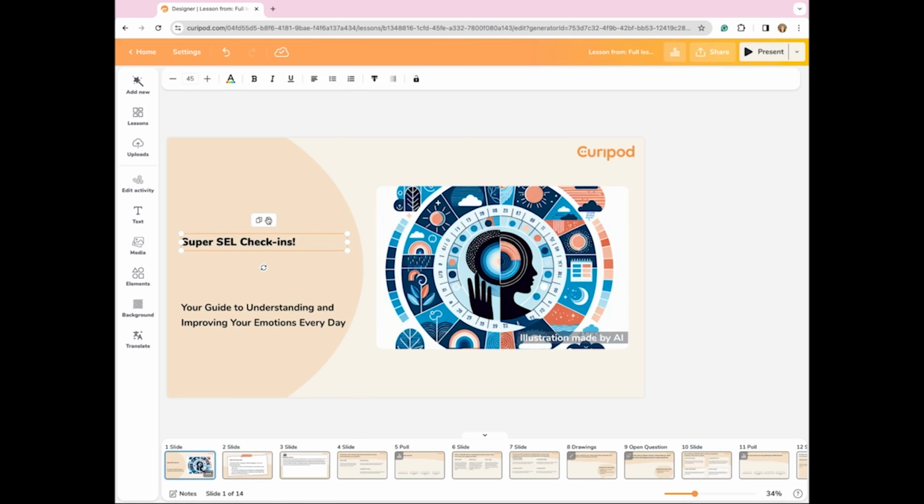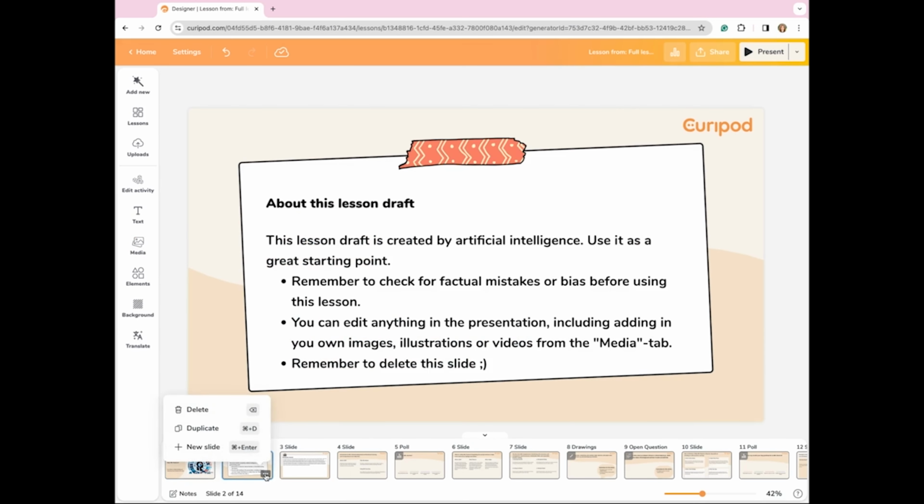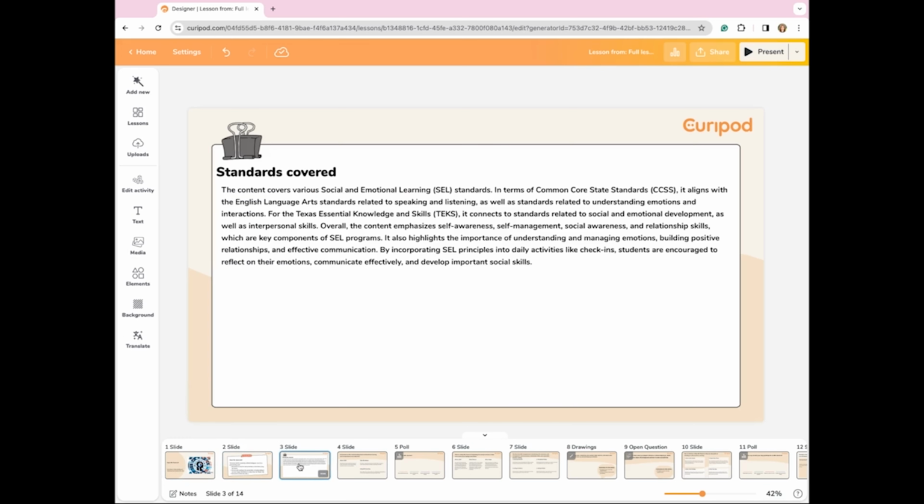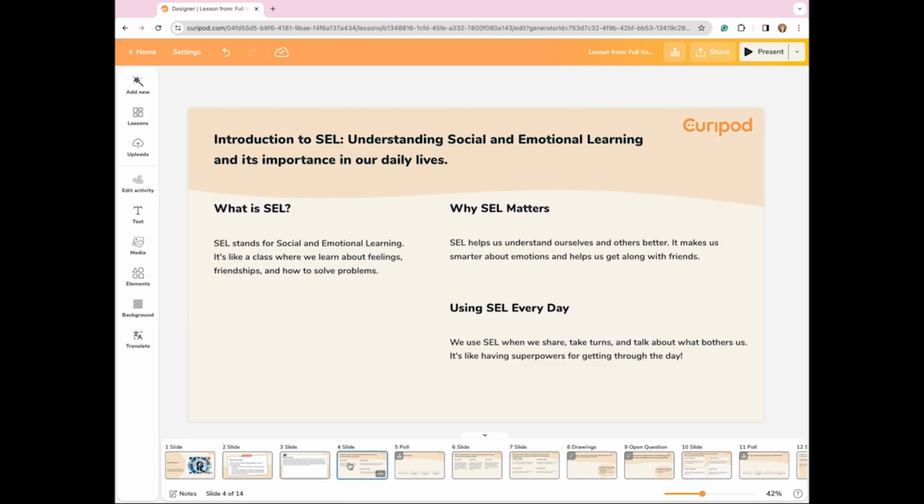So you can come in here and you can delete any text that you don't like. Same with the image. This was generated by AI. If I want to upload my own, you can look over here on the left-hand toolbar and I can add my own media right here. So there's lots of slides in here. If you don't like one, you can hover over the slide and you'll see the 3 dots in the bottom. Up here, you'll click on that and then you can select delete, duplicate, or add in a new slide if that's what you want. But you can see that just created this comprehensive lesson for me that's really running through